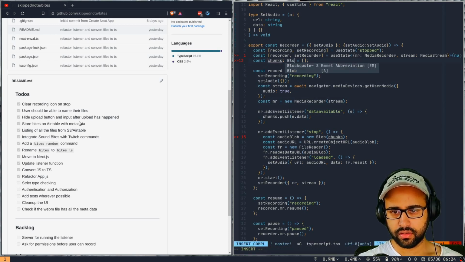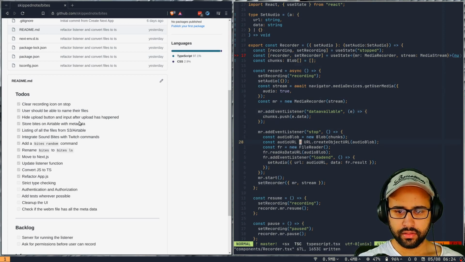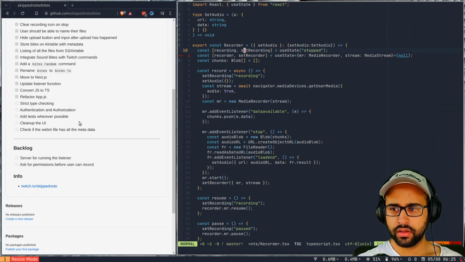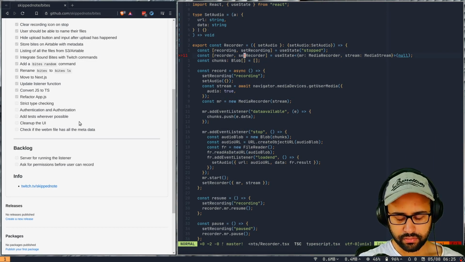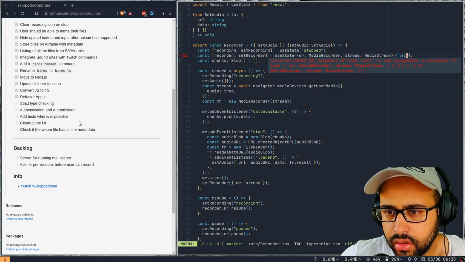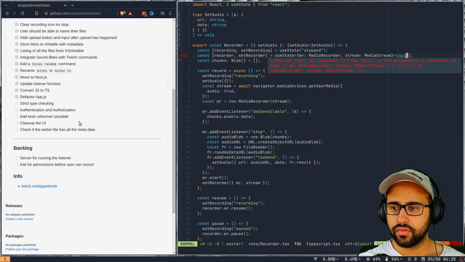So chunk is a blob array, right? So this is fine. The only error that we are getting now is that it should not be null. Argument of type null is not assignable to parameter for this thing.